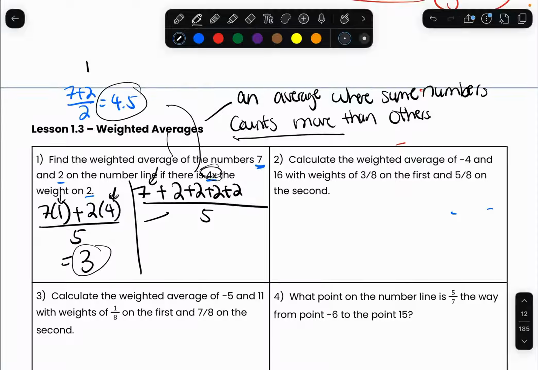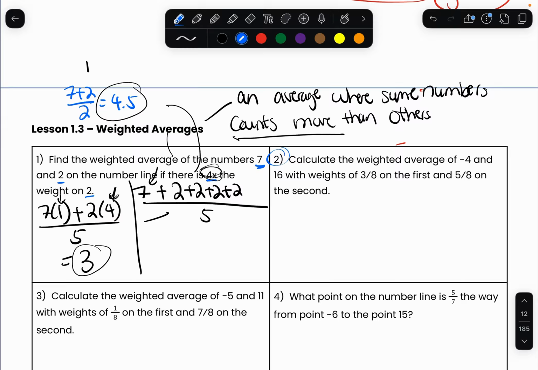Now let's look at another example with a different wording. Number 2 and number 3 are the ones that you will see more in your test, so let's pay close attention to them. Now for number 2 here, let's take a look. It says calculate the weighted average of -4 and 16 over the weights of 3/8 on the first and 5/8